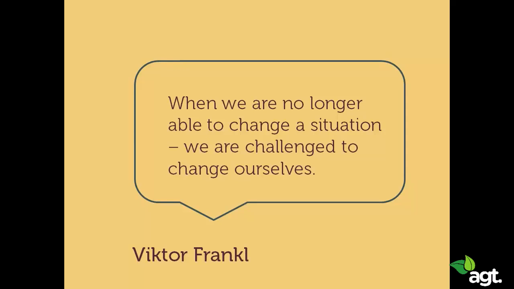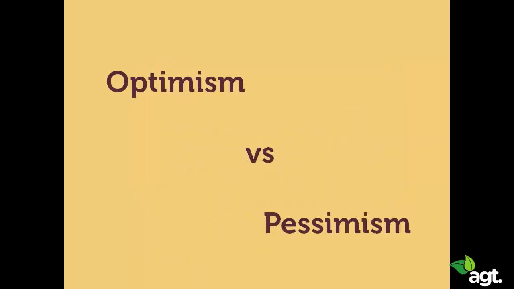And with this insight, I want to go back to a topic that we already looked at earlier in this course. We are revisiting optimism and pessimism. Back when we talked about optimism, we looked at it in terms of us expecting positive things to happen. We looked at self-fulfilling prophecies. And we saw the advantages that optimists enjoy and how it is better for us to be optimistic in many situations. And now we turn again to the optimism-pessimism dichotomy, but from a different perspective. Because optimists also react differently when negative events happen to them.